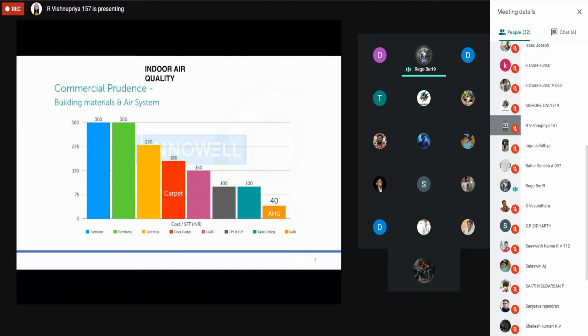Okay, if you see here the investment cost, it is almost 40 rupees per square feet. That is the cost we are investing in the HUs. But we are spending 180 rupees on the carpet, 300 rupees on the construction, 300 rupees on the partition. We are spending highly on the other parts, but only 40 rupees here, hardly even 20% or 30% of the cost that we are considering in our investing. But unfortunately, this is going to be helpful for us.